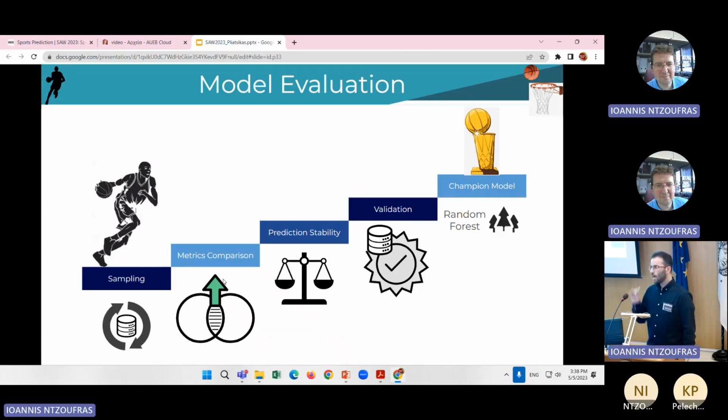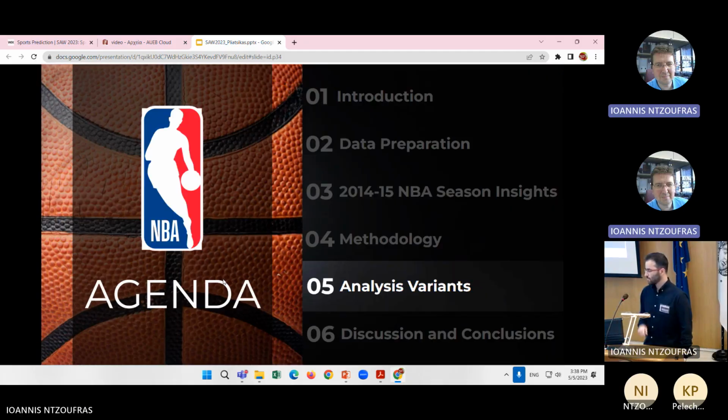Let's now continue with how we identified the best classification method. As already discussed, we have randomly split our data into 3 subsets. This procedure was repeated multiple times to decrease the uncertainty of an unfortunate split. By computing the mean value of the performance metrics, we evaluated our models. After comparing these metrics and checking the stability of our models, the random forest seemed to perform better. We then applied this method in the validation set to see how it performs on unseen data. So overall, the best method was random forest. Let's now head to chapter 5.